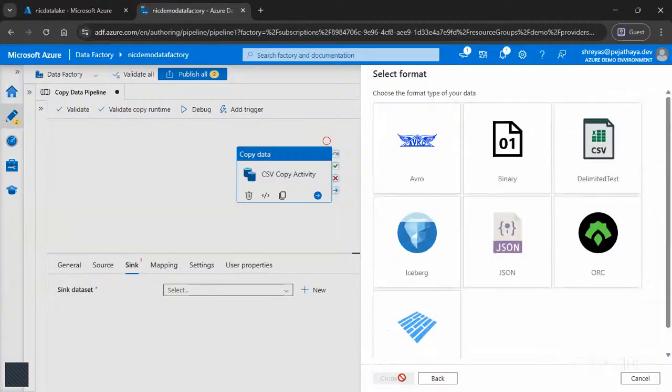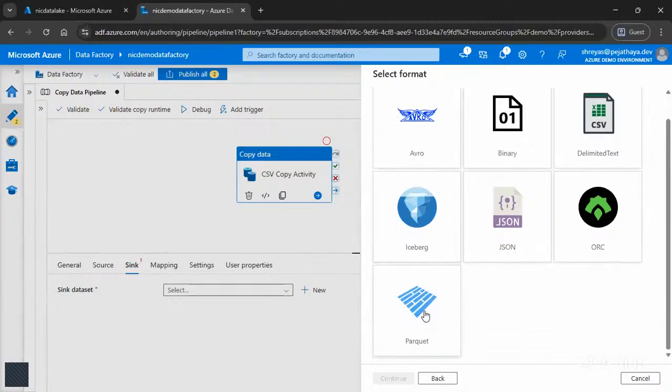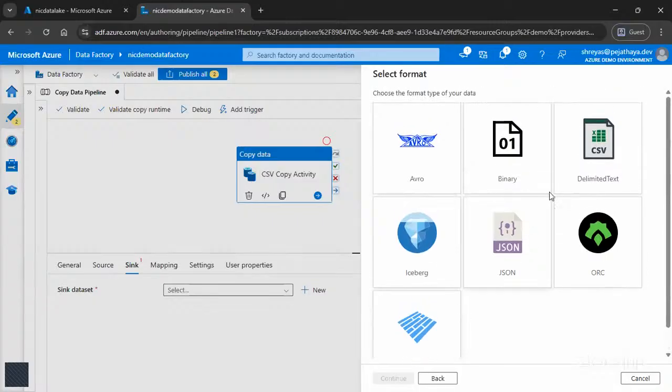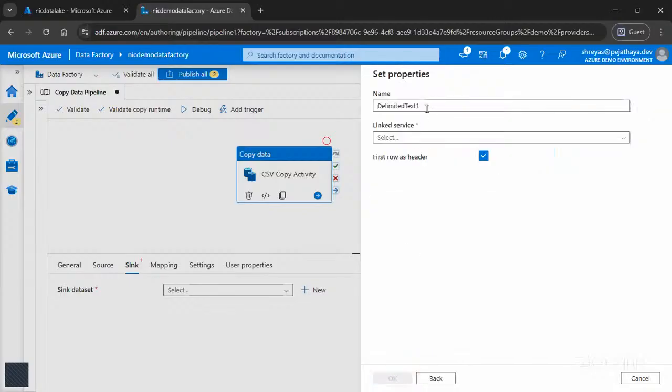Right? I'll click on continue. Now in destination, if I select Parquet here, it will convert it into Parquet format. But for now, let's select delimited also. Those are all different use cases that we'll see in the class. So I want to copy a CSV file from place A to place B. So I'll click on continue. I'll call this destination